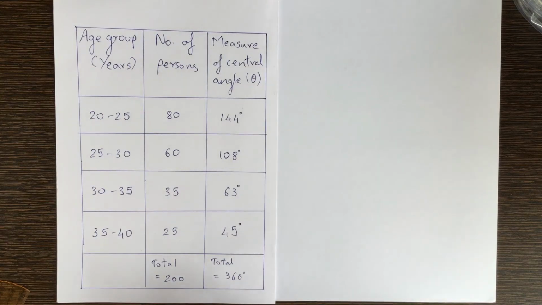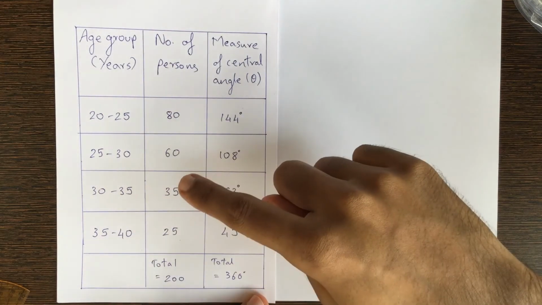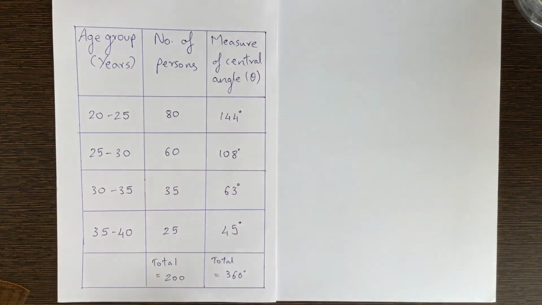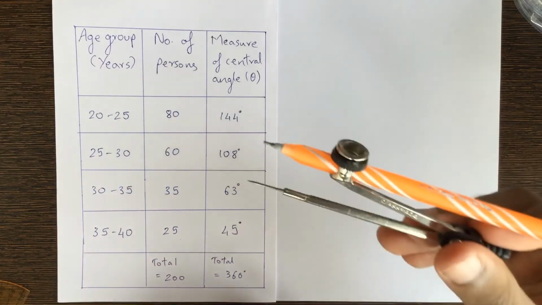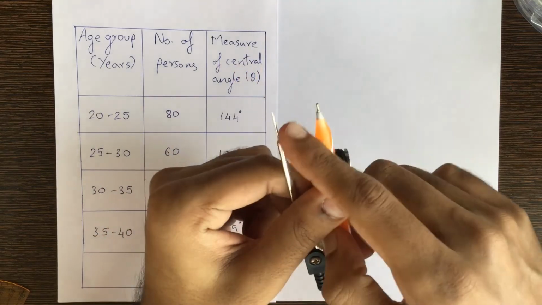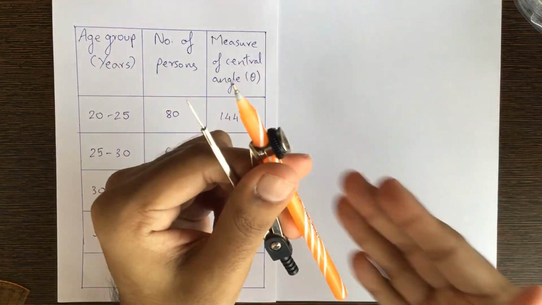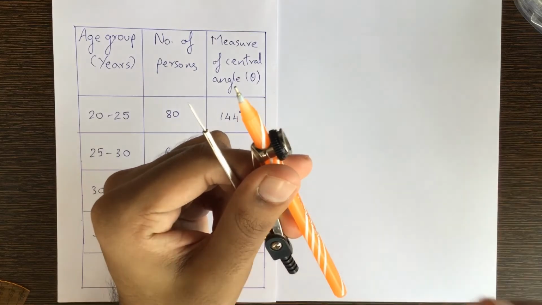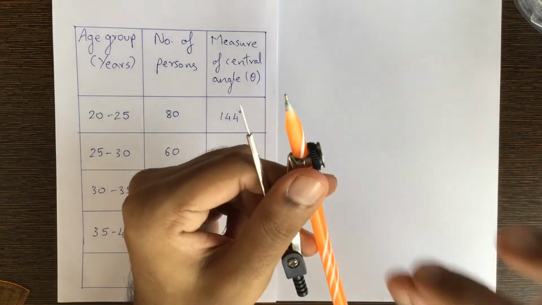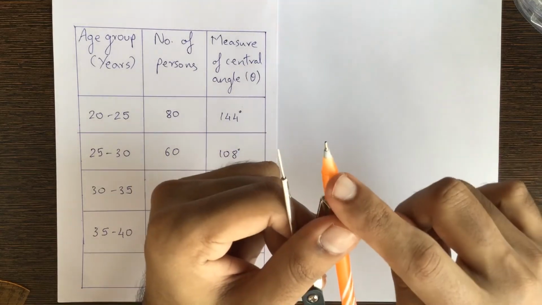Okay, as you can see, I have drawn the table over here and now we are going to continue our steps over here. Okay, so what is the next step? The next step is to draw a circle and its radius. So for that we will need to use our rounder, right? You will put your pencil over here. The reason I am using a pen over here is because I want you to see the markings I am making, see the drawing I am making very clearly. That's why I'm using a pen, but you all have to use a pencil. Okay, always use a pencil in the rounder.